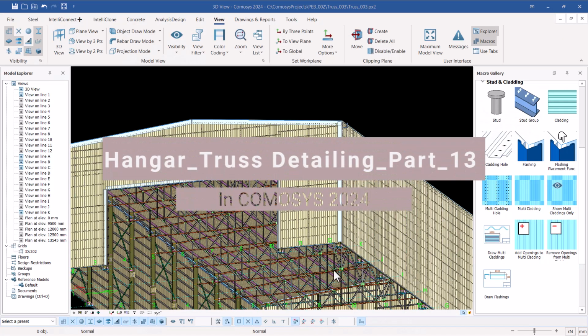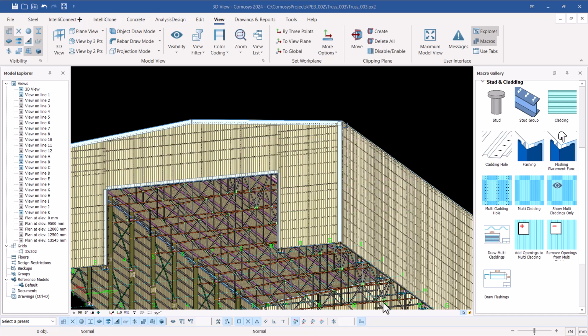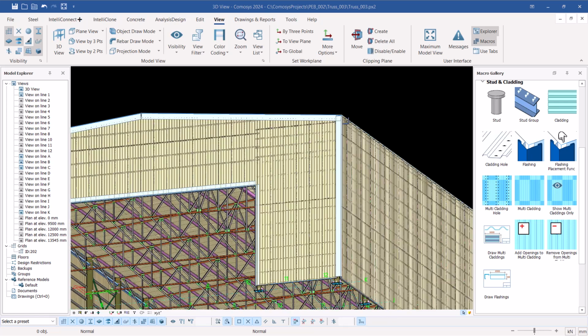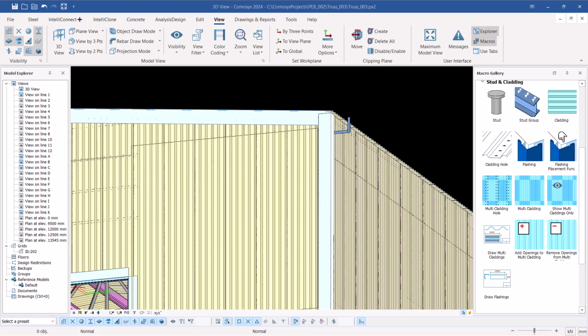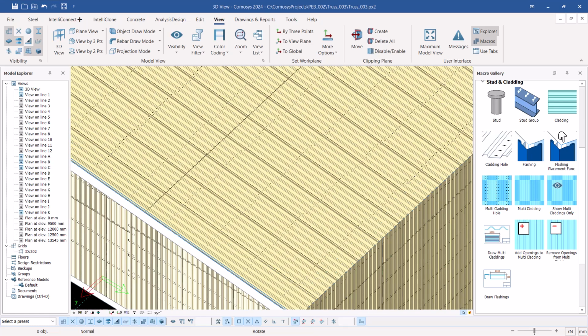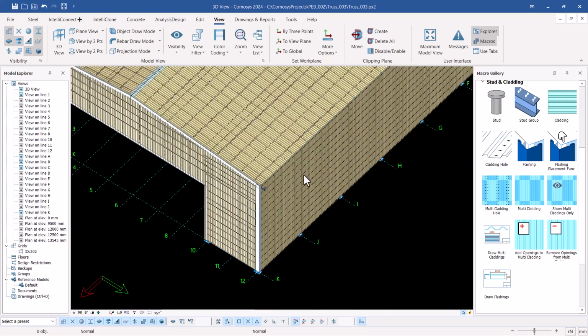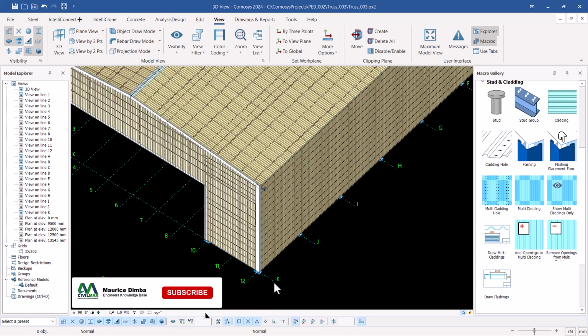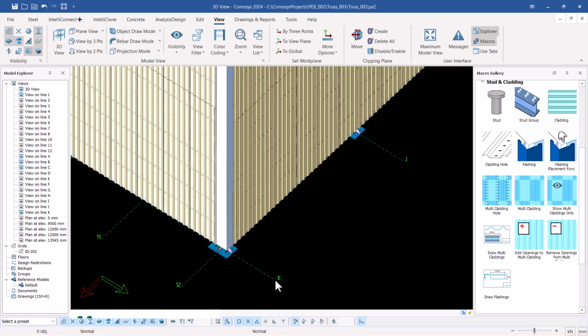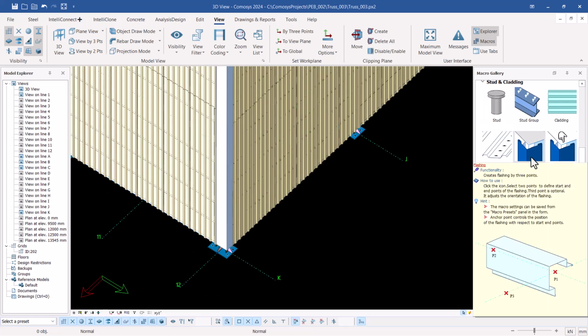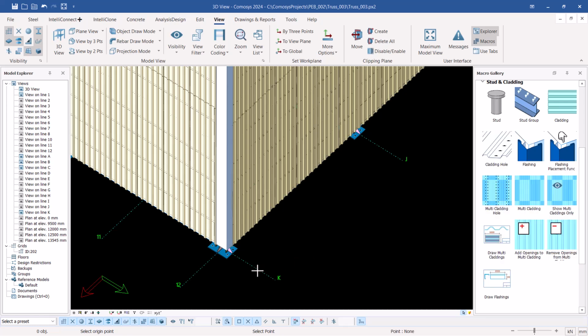Let's get started. In this presentation, I'm going to show you how we can create gutters. Since we had created the gutter holders in place, it's a very easy thing to do. We are just going to go straight away to start creating the gutters and placing them on top of there. Now, I'm going straight to our tool here, click on the flashing, and I'm going to use these points here along the extended lines, just to snap on the edge here,